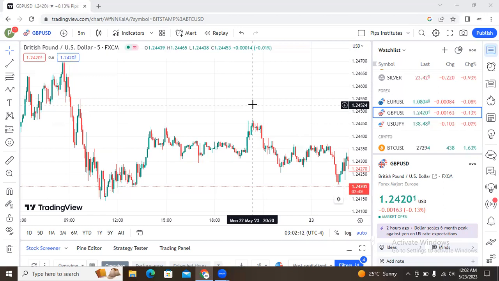So with that being said, let us go to today's topic. We're talking about the mitigation block. That is how you can trade a mitigation block properly, and what a mitigation block is. In this video you will know what a mitigation block is, how you can plot a mitigation block, and how you can trade using a mitigation block. So this is a 3-in-1 video, guys. And I'm telling you, this concept and this strategy alone has given me a lot of money in this market. So I want you to stay tuned, relax and watch this video